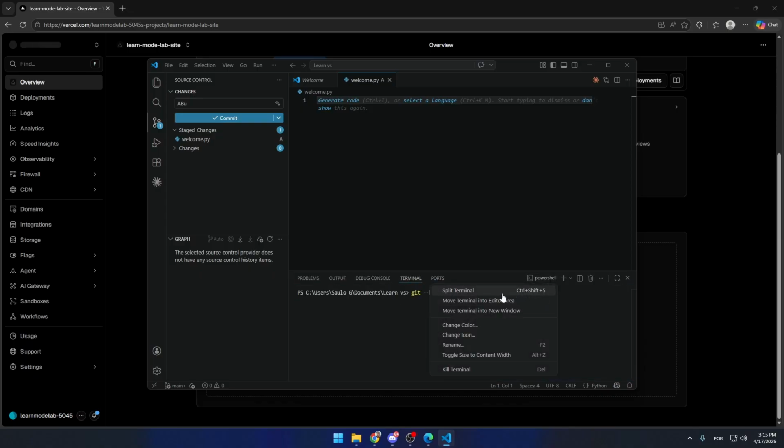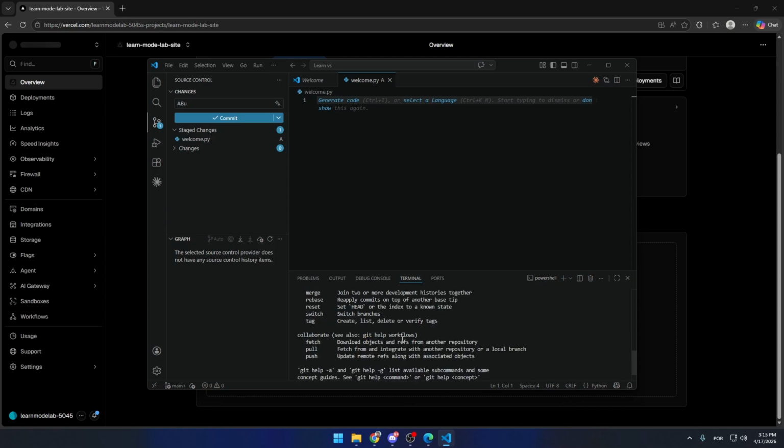You can also edit project settings in Vercel, such as environment variables or custom domains. Editing projects this way keeps your code organized and makes updates easier. And that's it. Now you know how to edit a